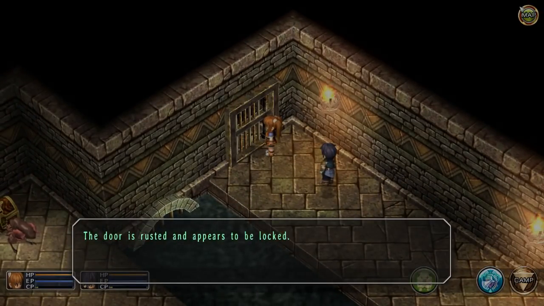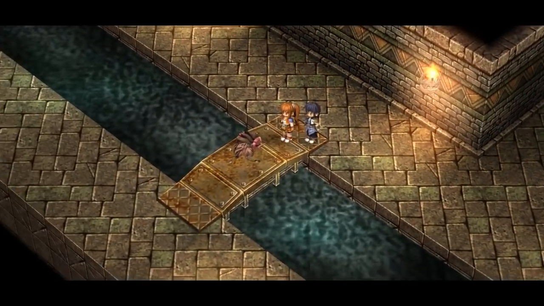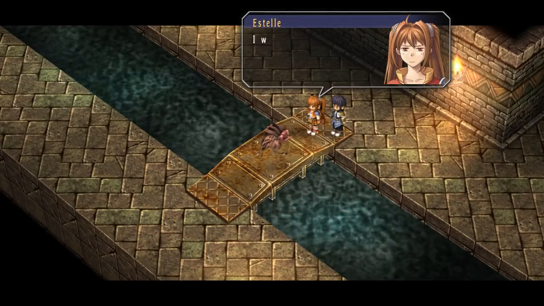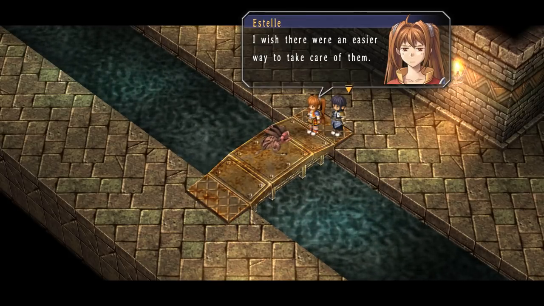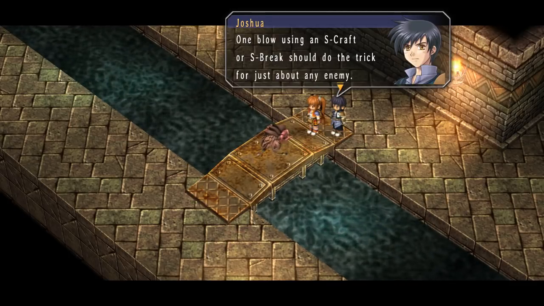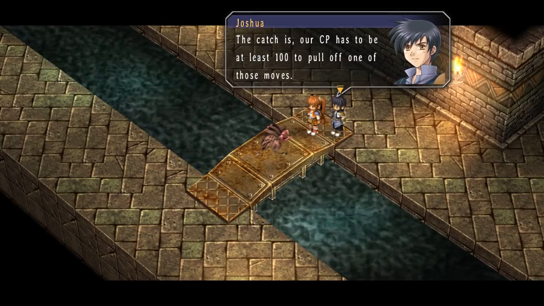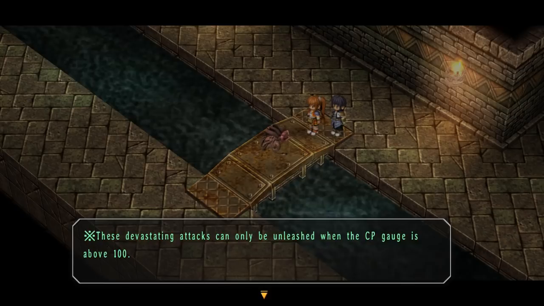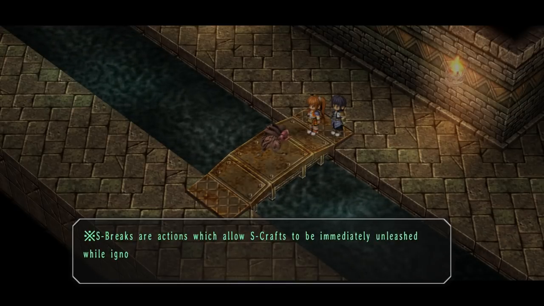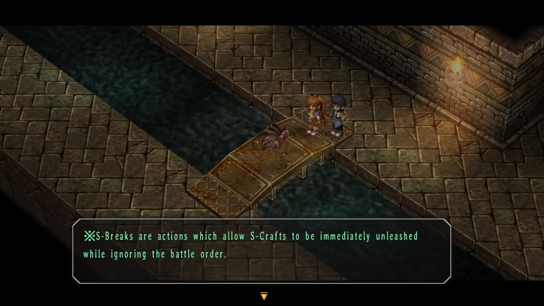Door's rusted and appears to be locked. Okay. What we got here? Oh, what a surprise, another creepy thing. I wish there was an easier way to take care of them. One blow using an S-Craft or S-Break should do the trick for just about any enemy. Catch is our CP has to be at least 100. These devastating attacks can only be unleashed when CP is above 100 points. S-Breaks are actions that allow S-Crafts to be immediately unleashed while ignoring the...